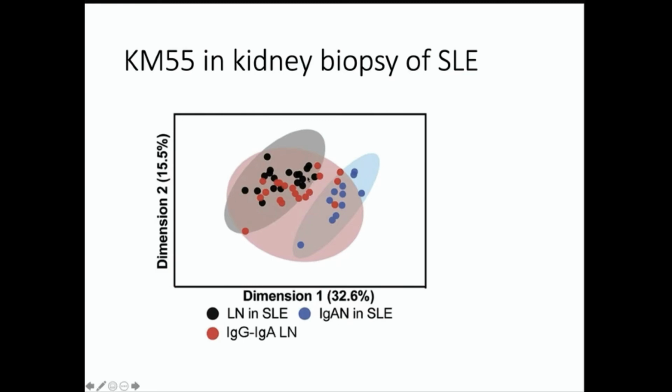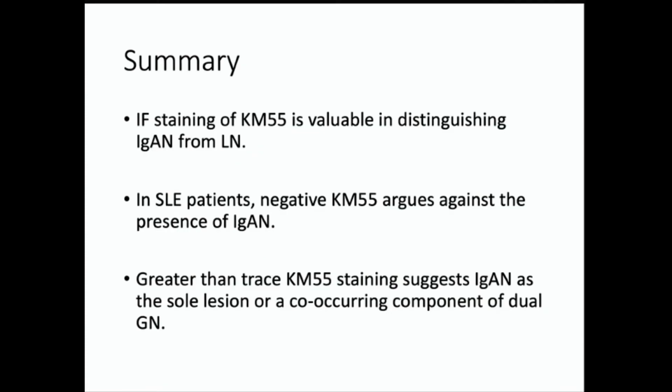So we feel this is a mixture. Where we usually call lupus nephritis with co-dominant IgG and IgA, it's actually a mixture of KM55-positive and KM55-negative lupus cases. And when we do this analysis, we can tell the overlapping features. The blue dots are IgA in non-lupus patients, and the gray or black dots are classic lupus nephritis in lupus patients. And the pink or red circle represents the co-dominant cases. Okay, so that's where we are. That's a quick summary of the findings. So far we feel